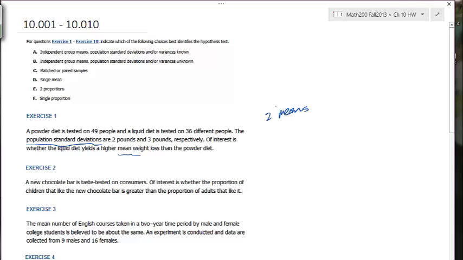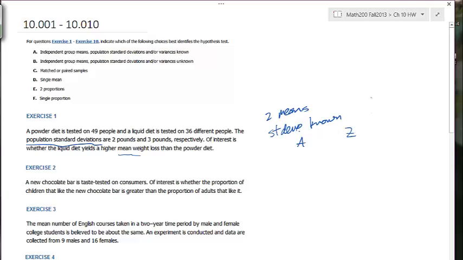Let's call it two samples, testing the mean, and we actually know the standard deviation. So that would be a type A test, and for this we're going to use the z-test, and